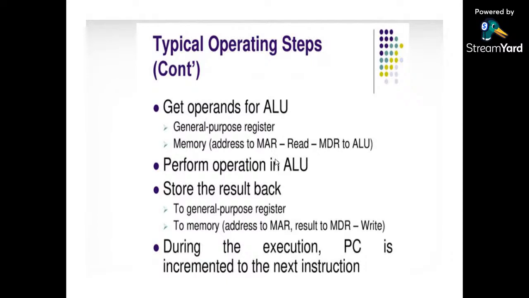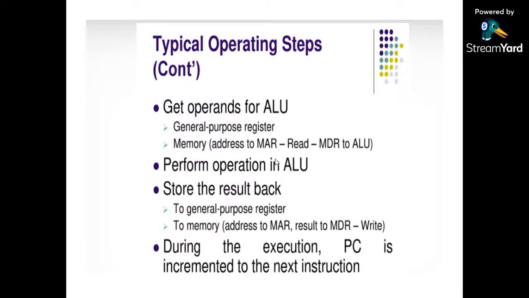These are a continuation of the previous slide. Operands can be present in general purpose registers, like I previously told you, general purpose registers can be used by a programmer in his program. So these general purpose registers can also be used to hold the values specified in the instruction, and the operand can also be a memory address. If the address is specified in the instruction, then we go to that particular address and fetch the values from that address to the ALU,